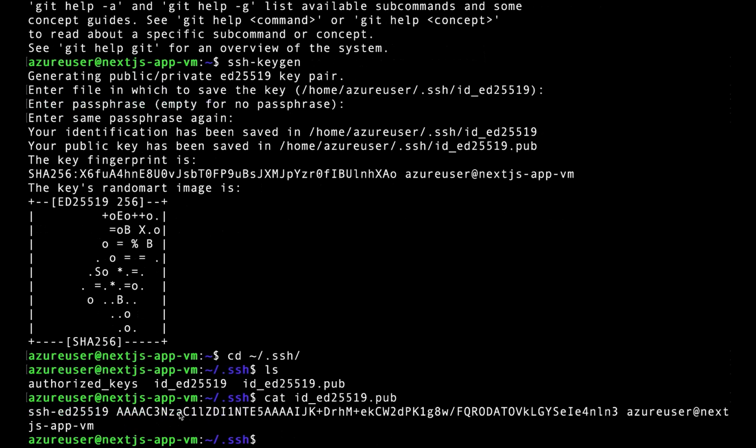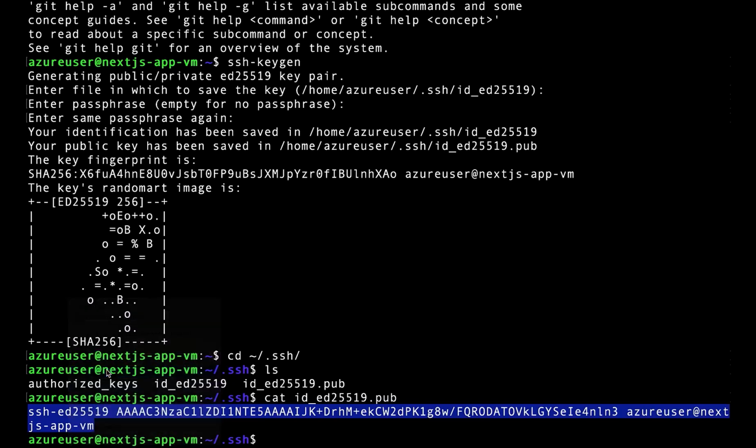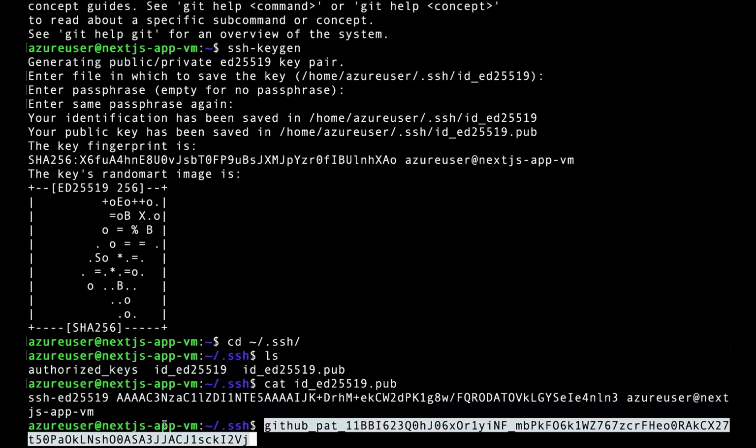So this is the key. By the time you are viewing this video, I would have deleted this virtual machine, right? So what I'll do is to copy this. Make sure that there are no spaces when you are copying it, because if there are spaces, it will not work. So I'll copy that,